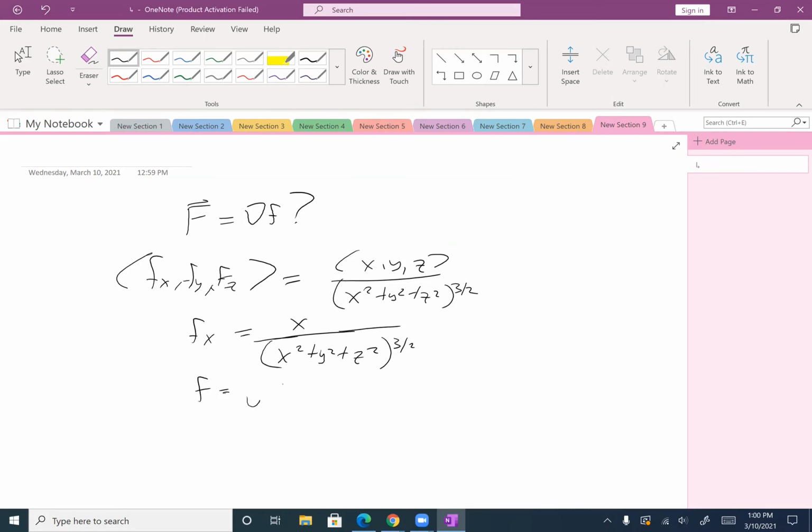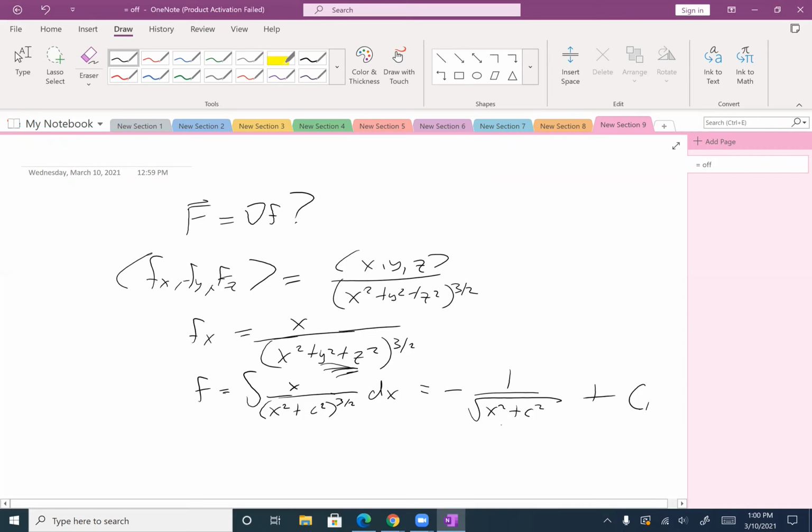So f is the integral. And because we're holding these things constant, I'm just going to call that c squared. Okay, so I think that's just negative x squared plus c squared, right? Plus that integration constant,